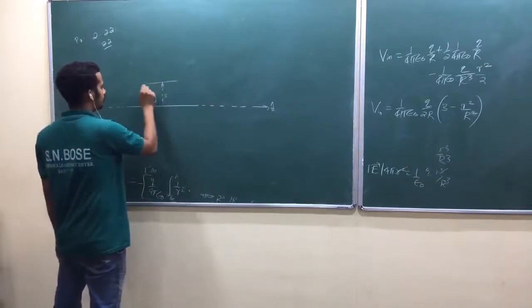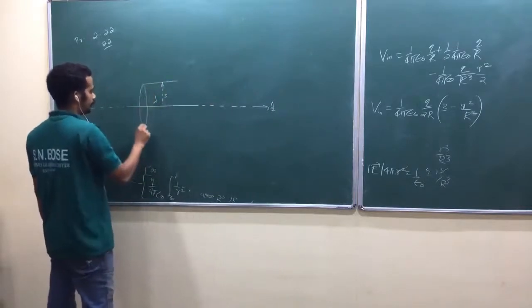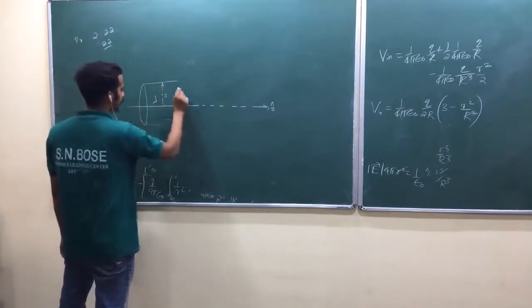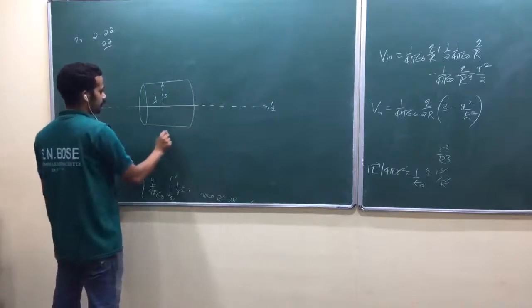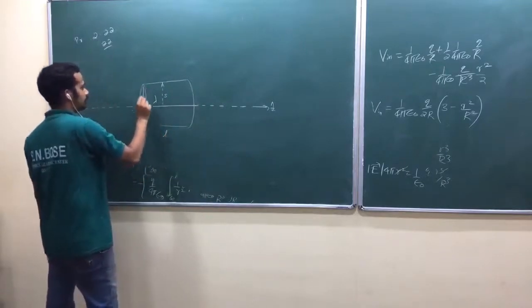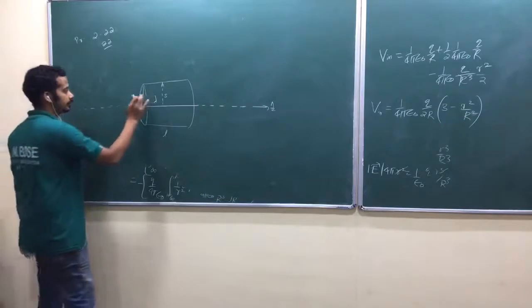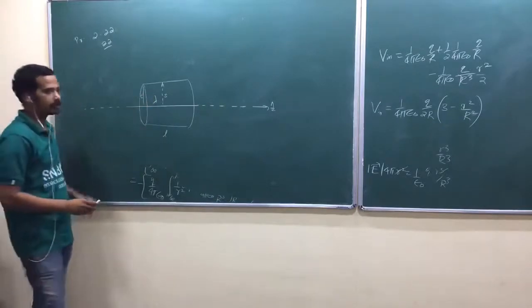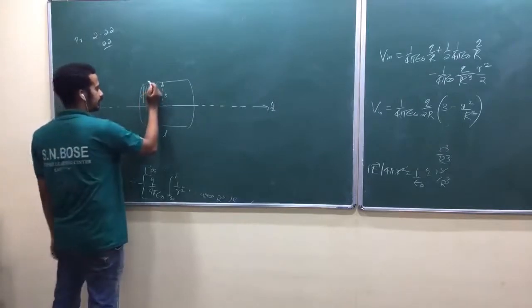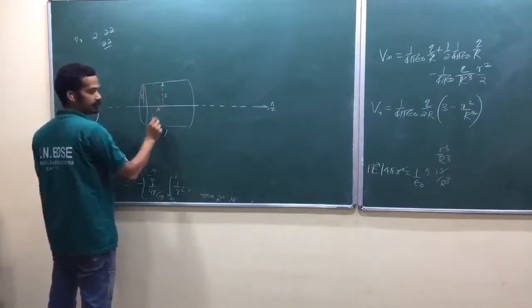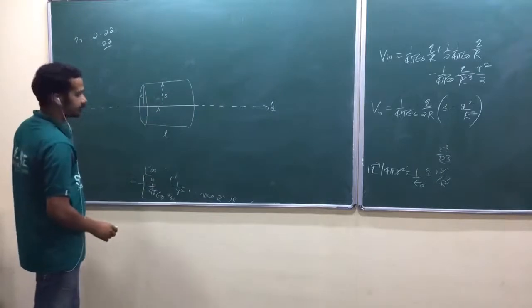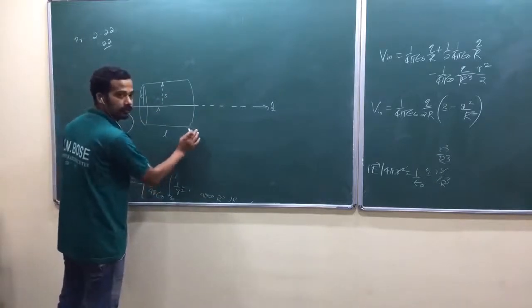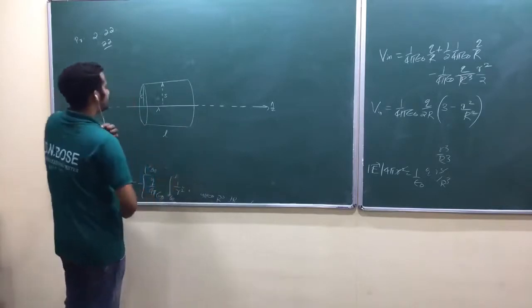Then what do I have to do? I have to run a Gaussian surface. Again, it's a small cylinder of length L and radius, sorry, we will not take R, radius S. And we have to apply Gauss law to that one. Line charge density lambda, charge per unit length is lambda here. Is that okay? Any question? Quickly.